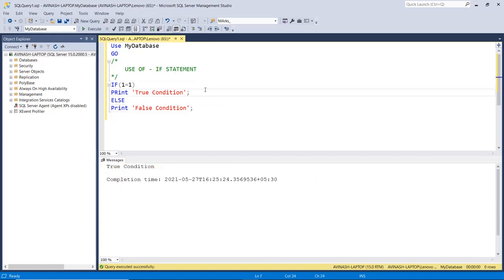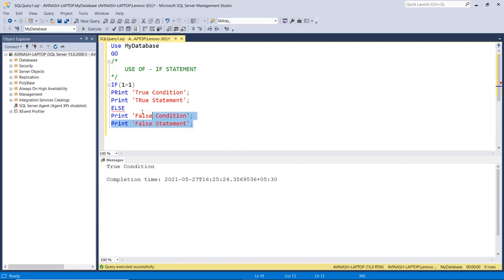Suppose the if condition is true, and I want multiple statements within the true condition. I write another statement, print true statement, then print false statement.